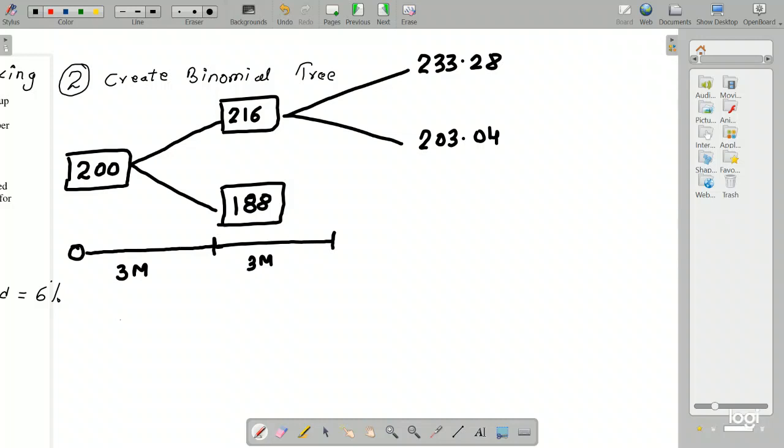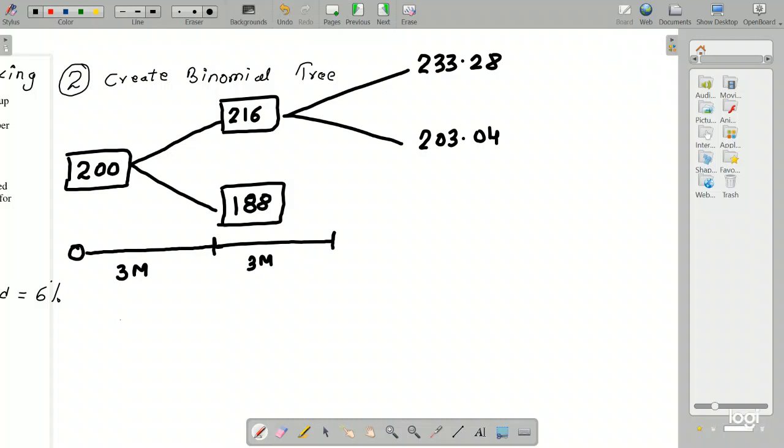If you recall, the question says that the 200 is going to go up by 8% and down by 6%. And again, after another 3-month period, this 216 is also going to go up by 8% and down by 6%. This is only in this question. However, in some questions you may come across, which are more tricky, there are two separate upward and downward percentages. So for 3 months this is different, for another 3 months that's different. So luckily in this question it is the same.